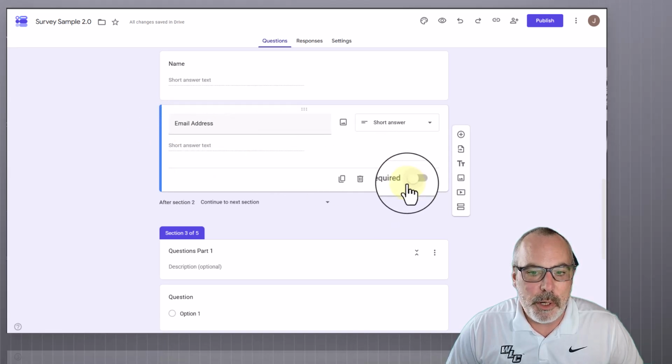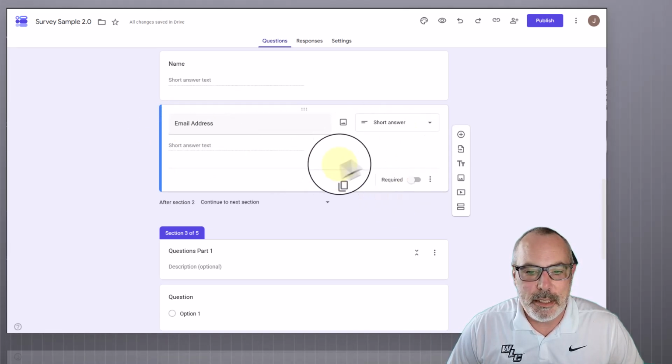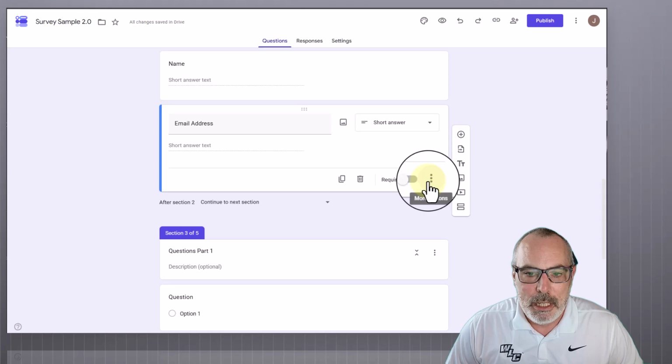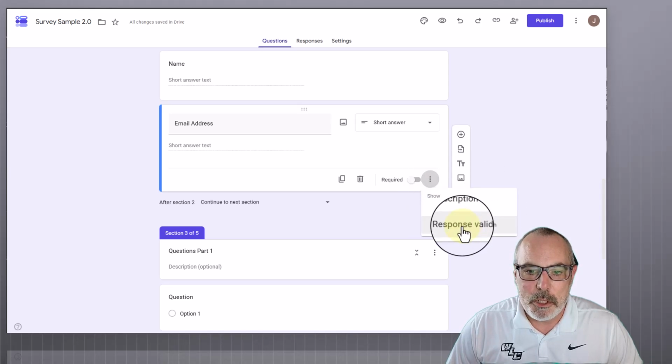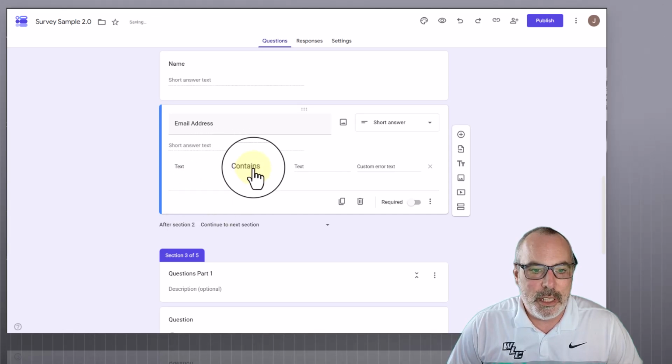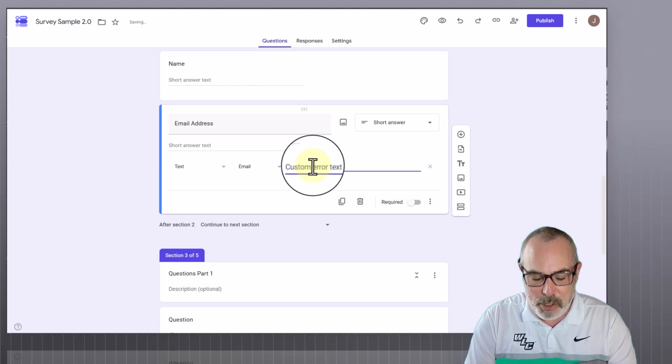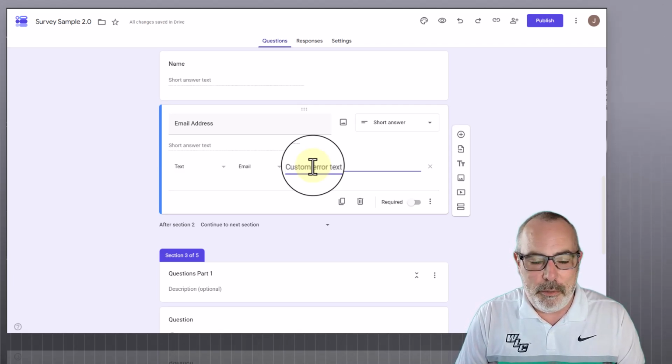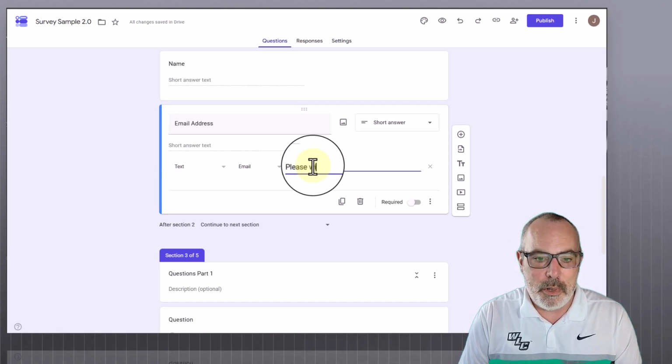This would be a required question normally if they got to this point, but I'm not going to do it for now. Under more options is response validation, and you can make sure that this is a number. In this case, email is a text string, and instead of saying contains, I'm just going to say email. And if it doesn't follow the valid form, I'm going to say please write